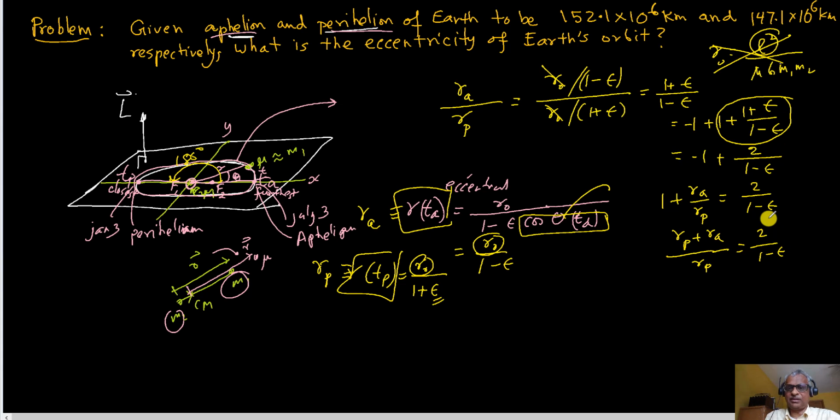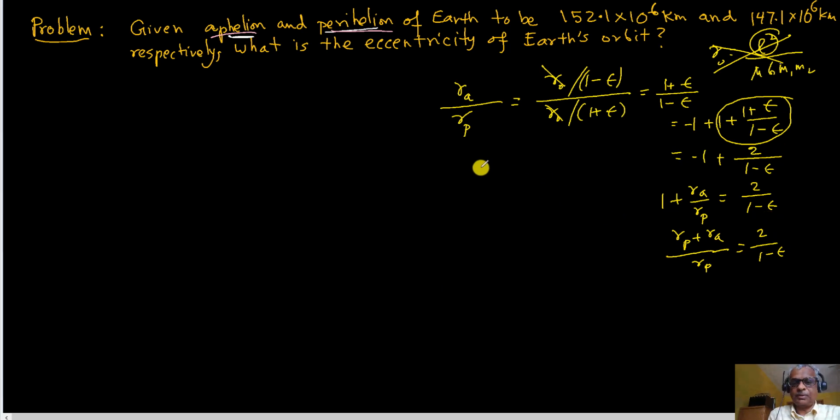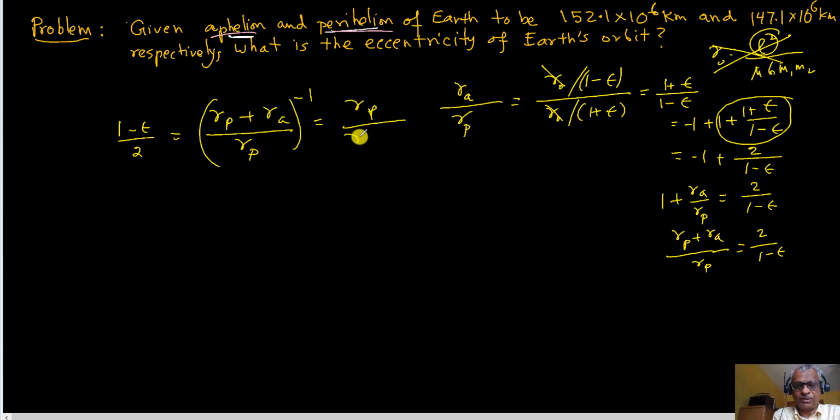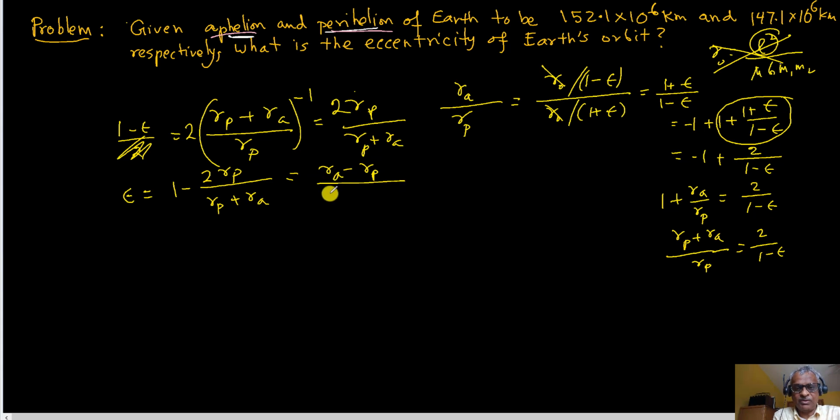So this is RP plus RA over RP is 2 over 1 minus epsilon. And I think I can clean this up a little bit. We can just come out here and do 1 minus epsilon over 2 is RP plus RA over RP, and you can see this is inverted. Inverted is RP over RP plus RA. So this 2 goes on that side, and I bring epsilon this side, subtract. So epsilon equals 1 minus 2 RP over RP plus RA, and this looks like RA minus RP over RA